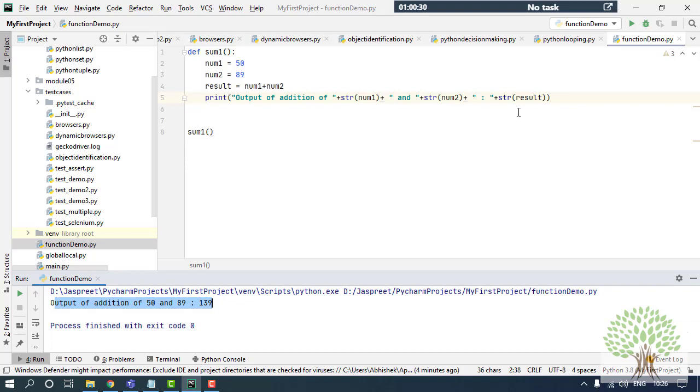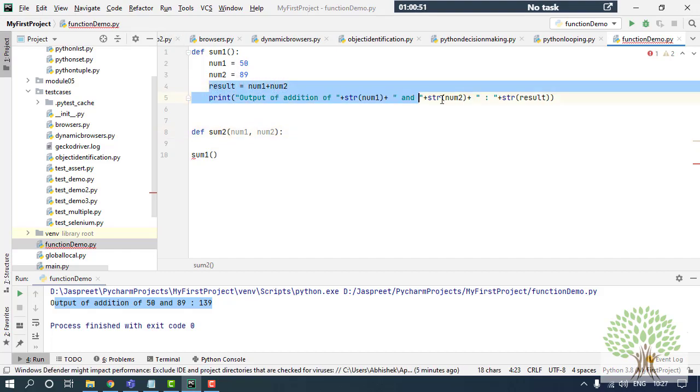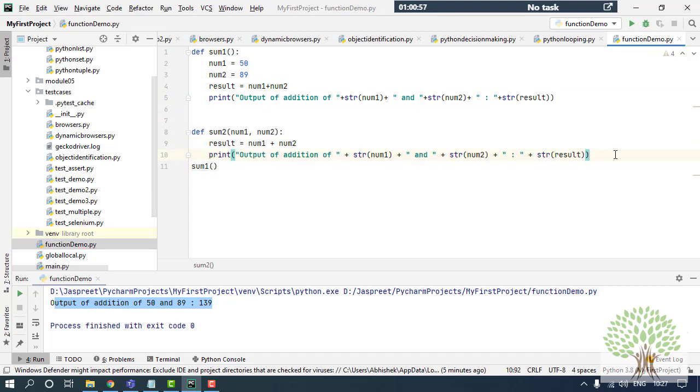The same way I can make another function in which I can pass parameters. I'll name it sum2. So now I am passing the parameters when I'm calling this function itself. And inside this I am going to do the same thing. I am taking the result and I am going to print it here, this way.